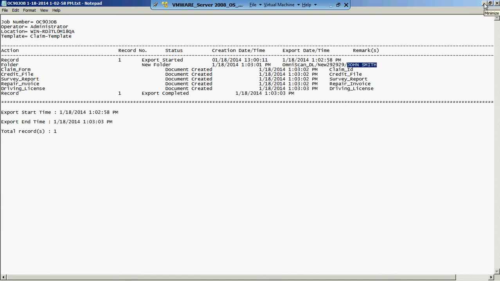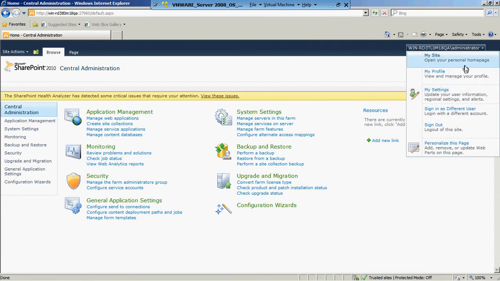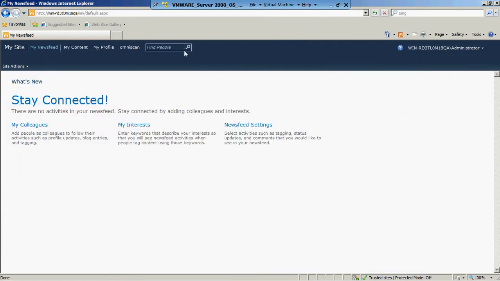Now let's go to SharePoint and see whether the documents have been successfully archived there or not. This is the SharePoint screen in front of you. Now let's try to find the documents. You have to go to My Site. This is OmniScan being configured here,